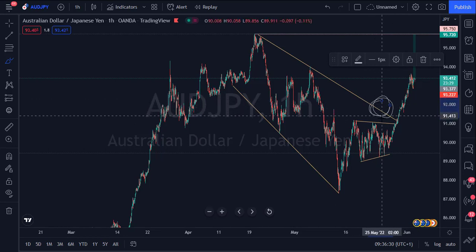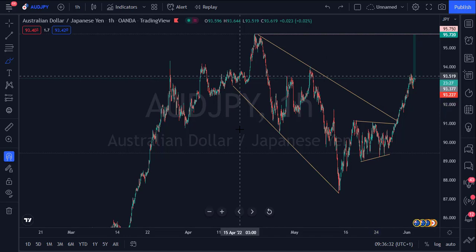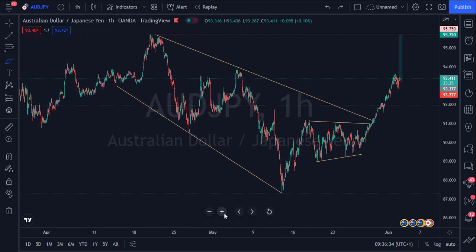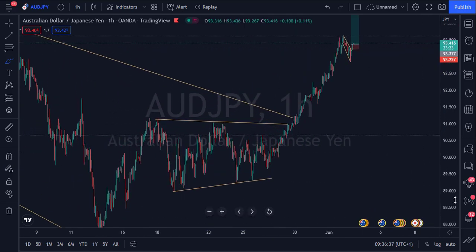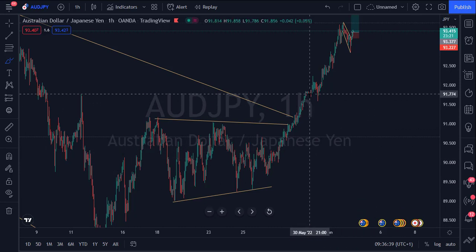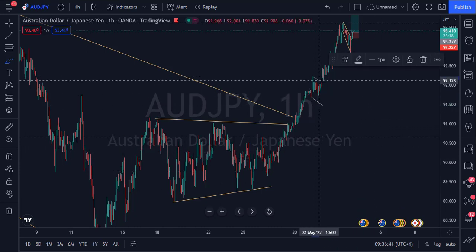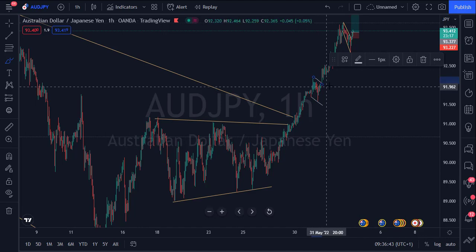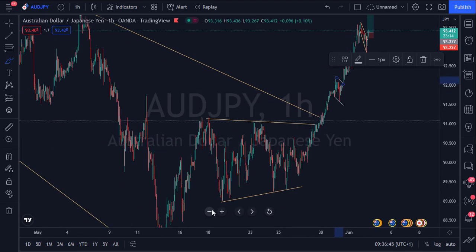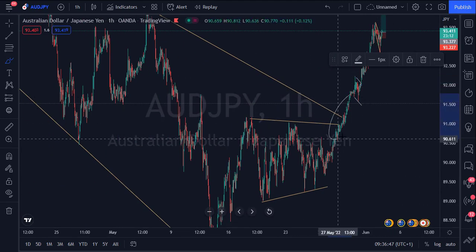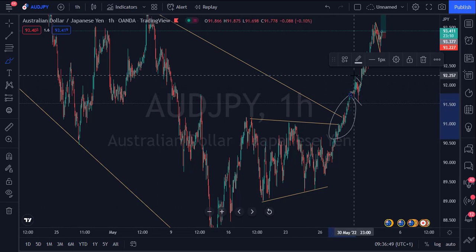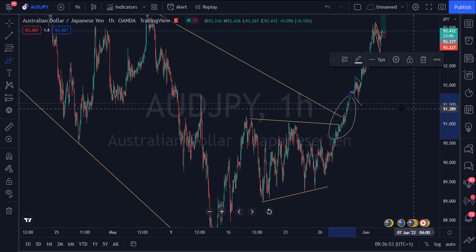What happened? I started looking for a buy. I started looking for a buy signal, but well, I couldn't get in here because it just didn't look clean enough for me. All right, so this was an impulse right here in the lower time frame. I was looking for a correction. This was a correction, but it wasn't clean enough for me to get in, so I stayed out of the